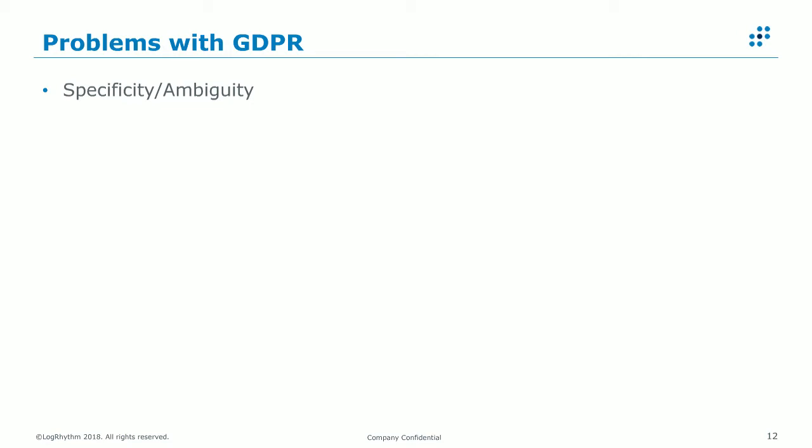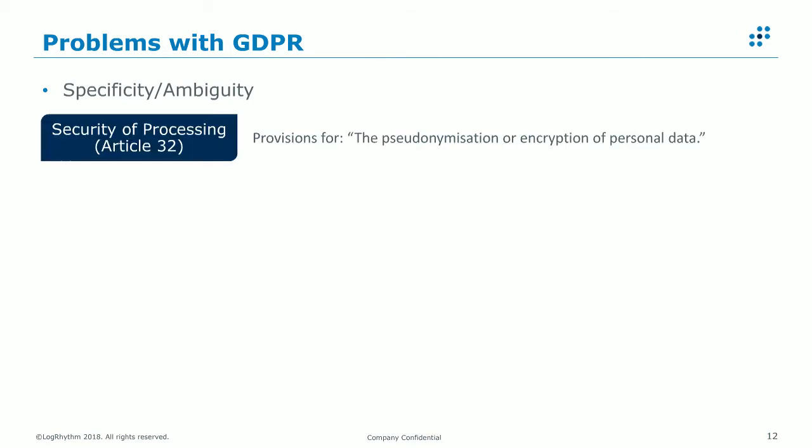Now, the main ones are the ones that have precipitated the need for legal precedence, but the common ones are pointed out online, and they've been challenged by both DPAs and organizations to answer these. So the first one is security of processing in Article 32. Now, they have provisions for the pseudonymization or encryption of personal data. There's no description of what encryption you need, level of encryption, or types of